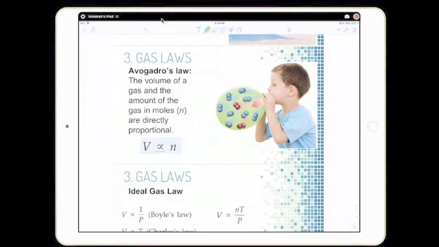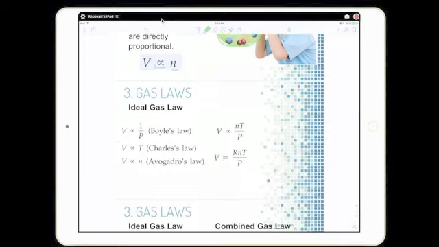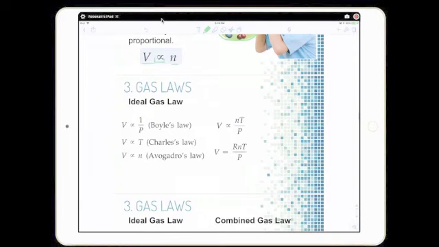If I increase the moles in this balloon, the volume's going to increase because I'm putting more gas in it. So that really makes sense. These are very common sense kind of things. Now here's all these laws. If we put them all together, we get this. This is a direct proportionality